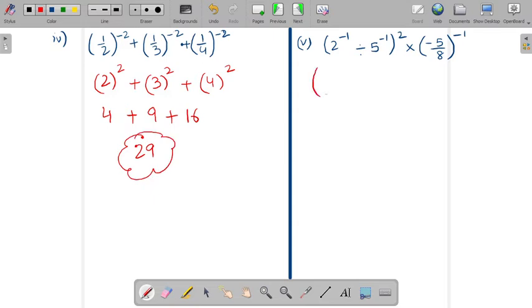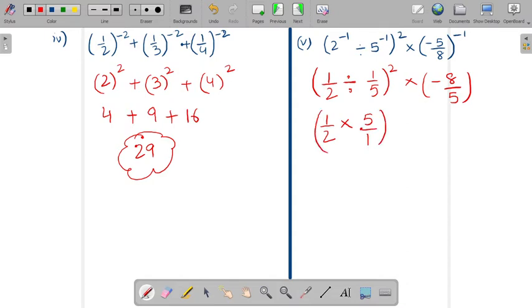In the fifth part, again we will follow the same procedure. Divide 1 by 5 and outside power 2. Now to make this minus 1 a positive exponent, we will write it as minus 8 by 5. Next step, to solve this bracket, what will you do? You will change this division into multiplication form. So multiply, and 1 by 5 will become 5 by 1, and write minus 8 by 5 as it is. Now it will become 5 by 2, 5 by 2 whole square, multiply minus 8 by 5.